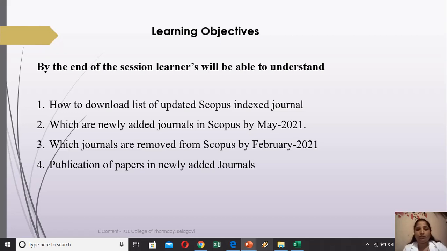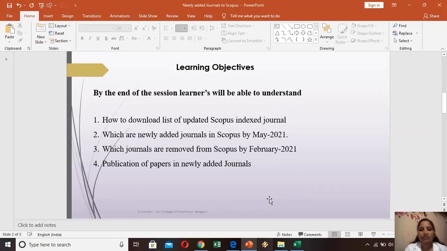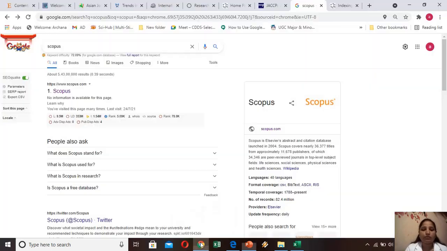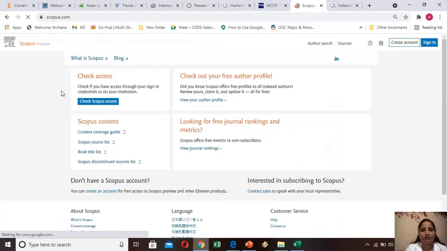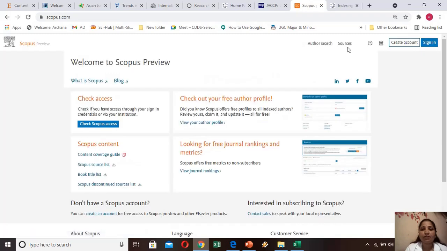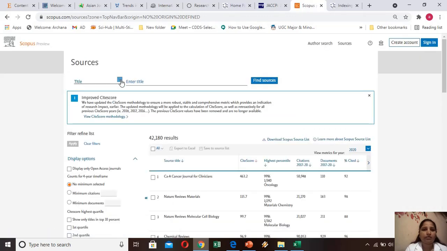Before going into detail, we will see how we used to check the Scopus indexing of a journal. First we used to go to the Scopus website, then to the sources. In the sources we can select the title, the ISSN number, or the publisher name of the journal.